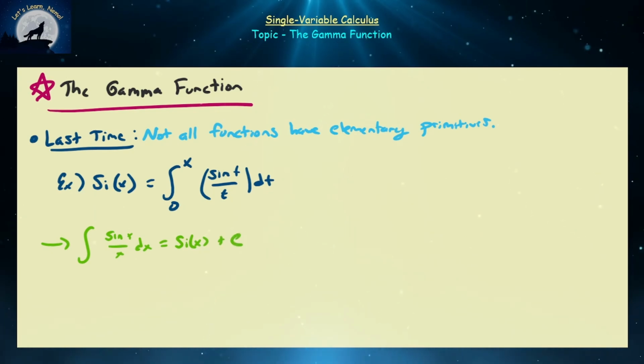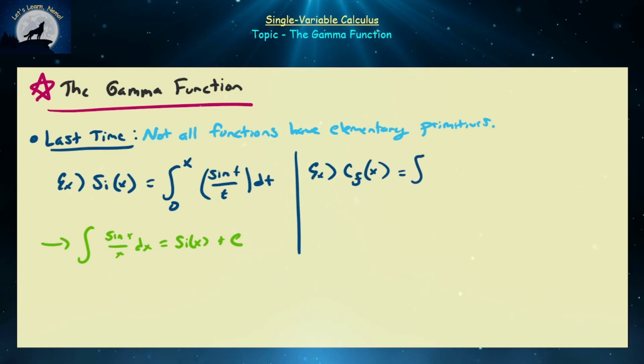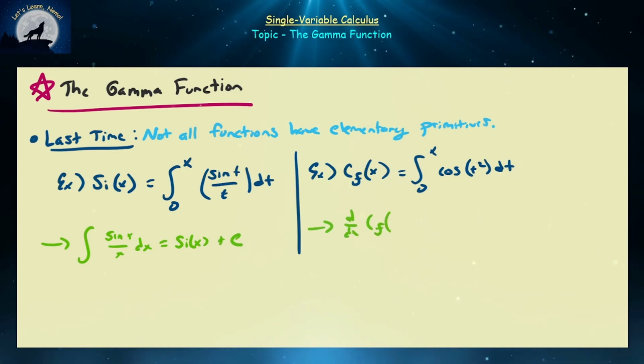c. Another function that we also introduced was the Fresnel integrals, sine and cosine, but I'll just mention the Fresnel cosine integral here, and that was defined as the integral from 0 to x of the cosine of t squared dt. And with this definition, you can ask, what is the derivative of the Fresnel cosine integral function? Well, that's just going to be equal to the cosine of x squared by the fundamental theorem of calculus, right? So defining these special functions actually gave us more access to answering questions that might come up in a